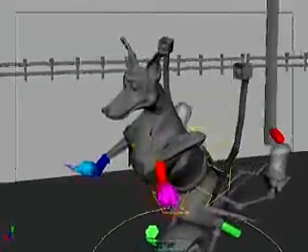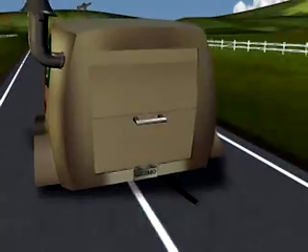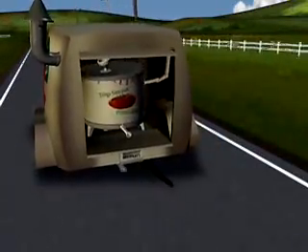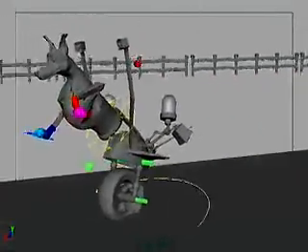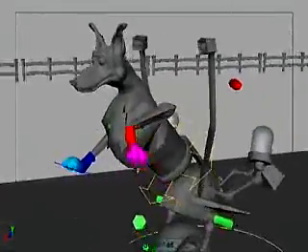This shot called for Gumshoe to slip and slide on a big puddle of pizza sauce. My constraints were that the look of the pizza sauce had already been established in the previous shot, and the character animation wasn't finalized, so this rig had to be flexible enough to work with whatever movement the character animators